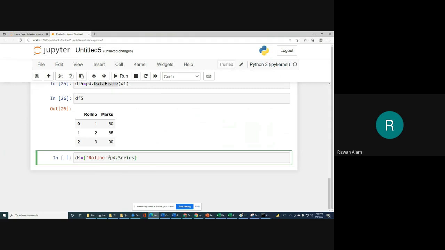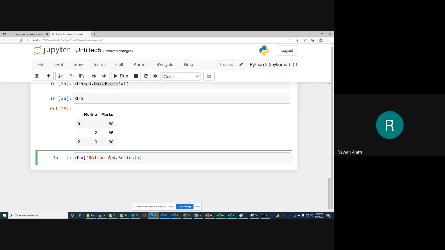If you try to understand part by part, portion by portion, what is this? This is a dictionary. What is roll number? This is the key of the first element, and then after the key, we have to provide values. One value or a series of values, or a set of values, we can provide. So for values we will use a series. I hope you are getting my point.